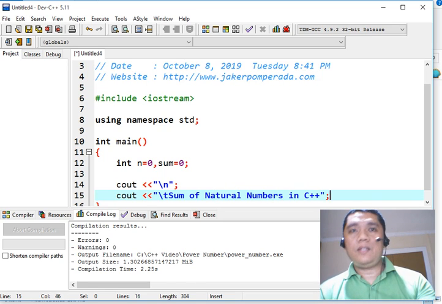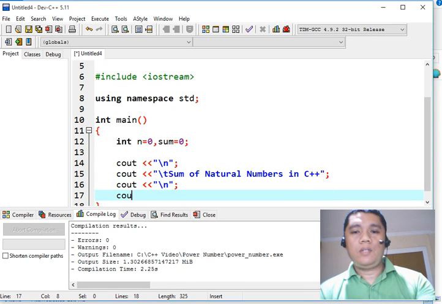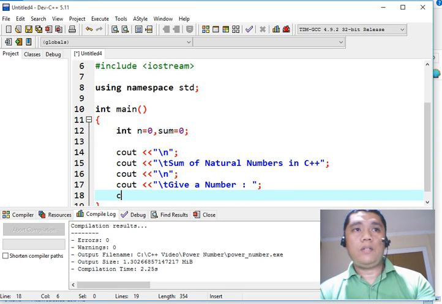This is the title of our program. New line, cout, \t horizontal tab, Give a number, semicolon, cin